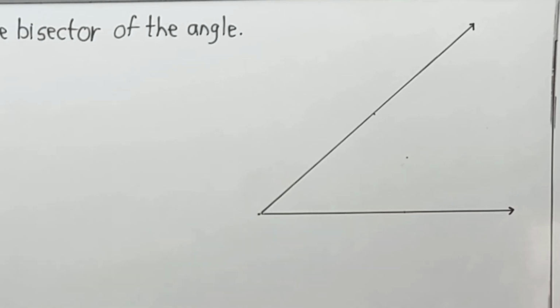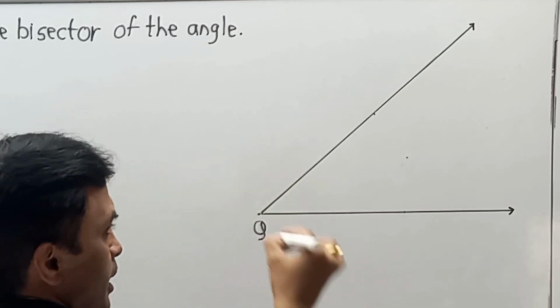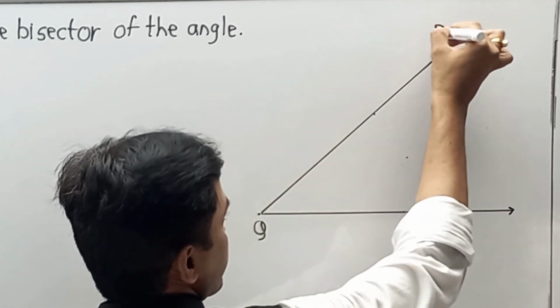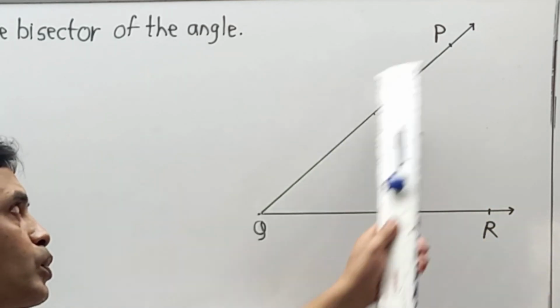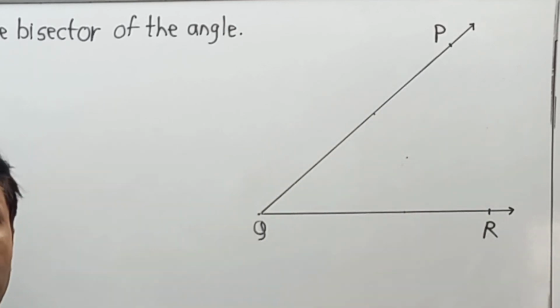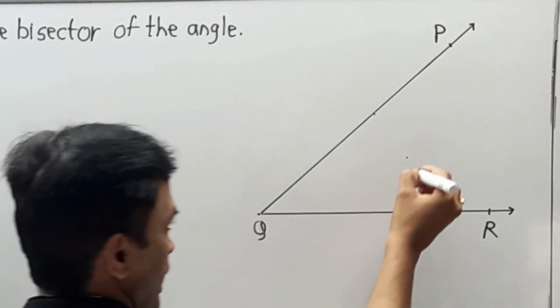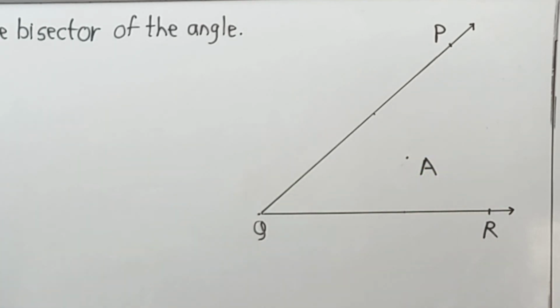Please pay attention. Let us say this is a respective angle where Q is the originating point. Here we have taken a ray QP, and here I have taken ray QR. Means due to ray QP and ray QR, one angle PQR gets formed over there. Now I am going to take a point interior to angle PQR. This is PQR, and I am going to take an interior point over here, and let us call this point A. Now it is somehow the reverse of the previous theorem, so try to understand it.